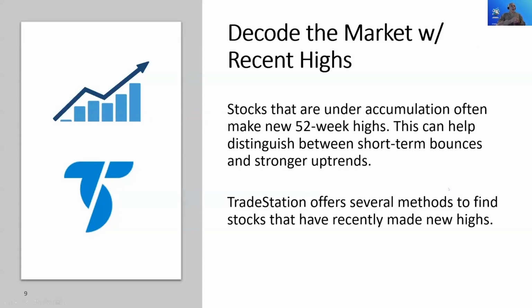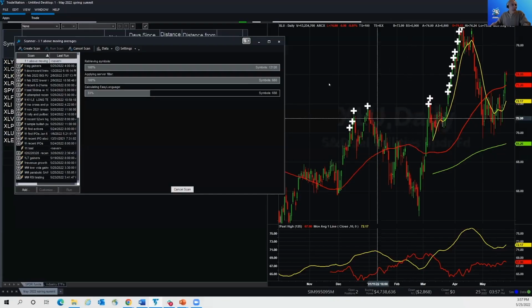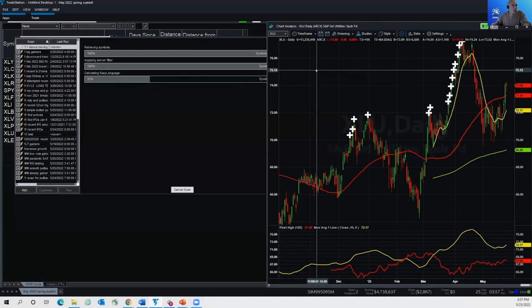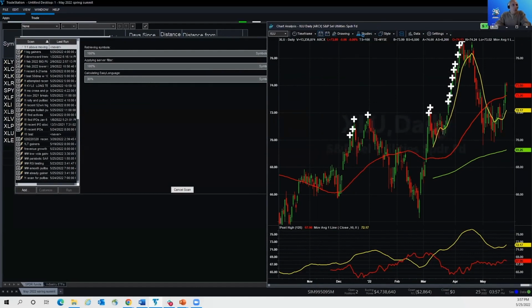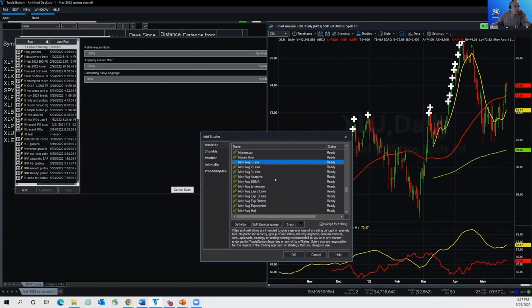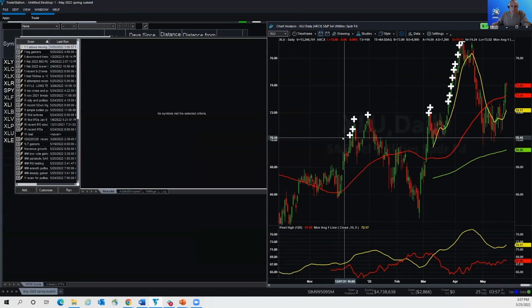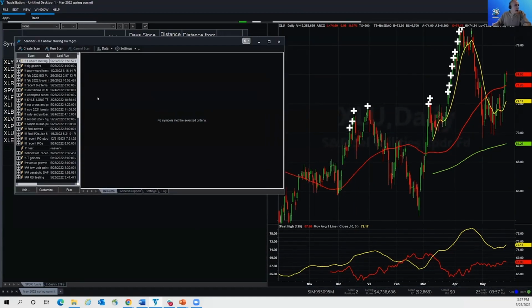Let me also tell you that we also have moving average. These are simple moving averages on TradeStation. If you want to do an exponential moving average, I'm just going to show you this. You go to studies, and it's going to be called moving average exponential right here. So I wanted to show you that if you want to do exponential moving averages. Exponential moving averages change more quickly based upon,